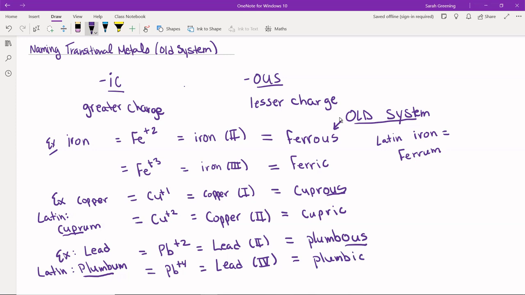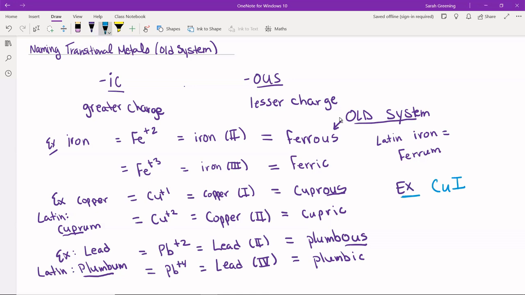And then, of course, all of these could be paired with a negative polyatomic ion or a nonmetal ion. So as an example, you might see, I'm going to do this example over here, actually. So erase my mess. Okay, so for this example, if we had CuI,